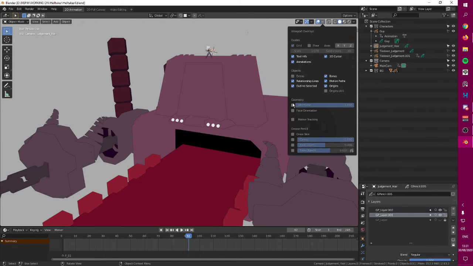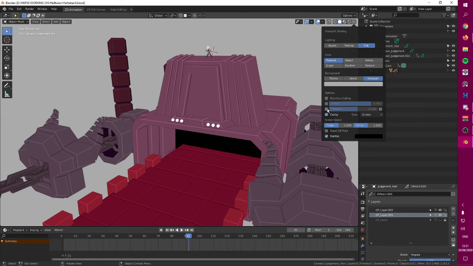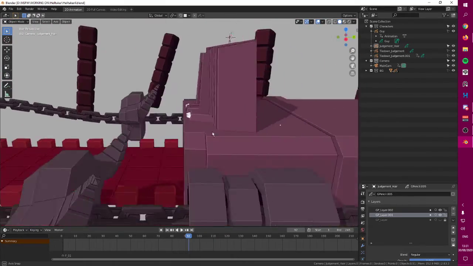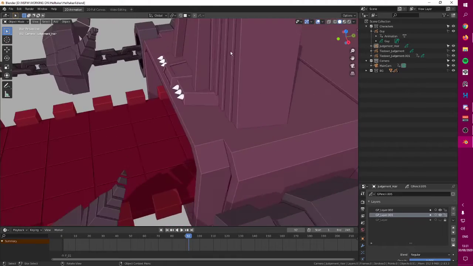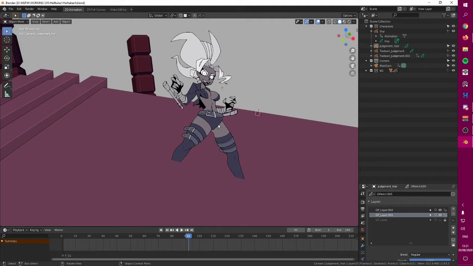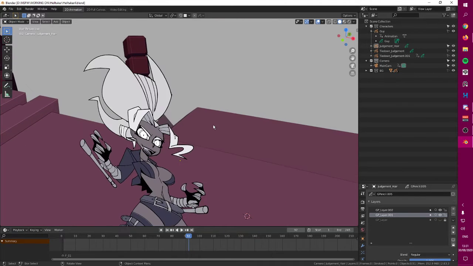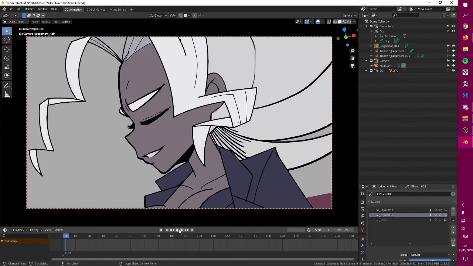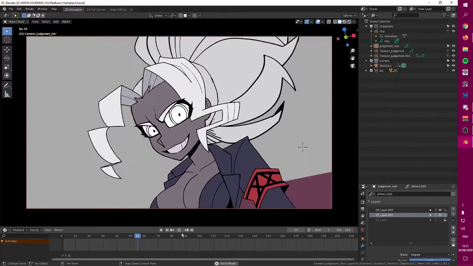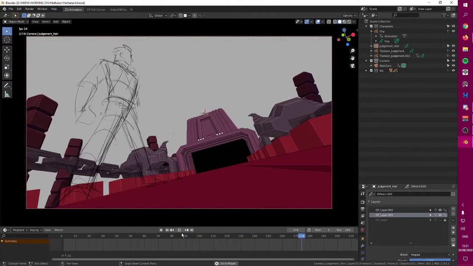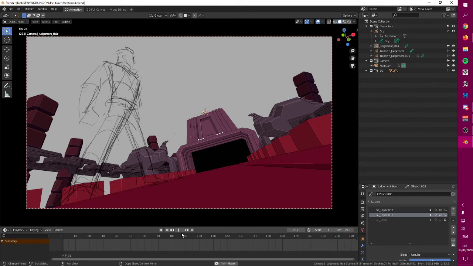Let me put this on just so you can see a better view of this. And yeah, this looks like this in this case. So I went from knowing zero Blender, had no idea how to use this software, to doing this full animation in 3 weeks, obviously. But now with everything that I know, I could probably do this in a week or 2 weeks tops.